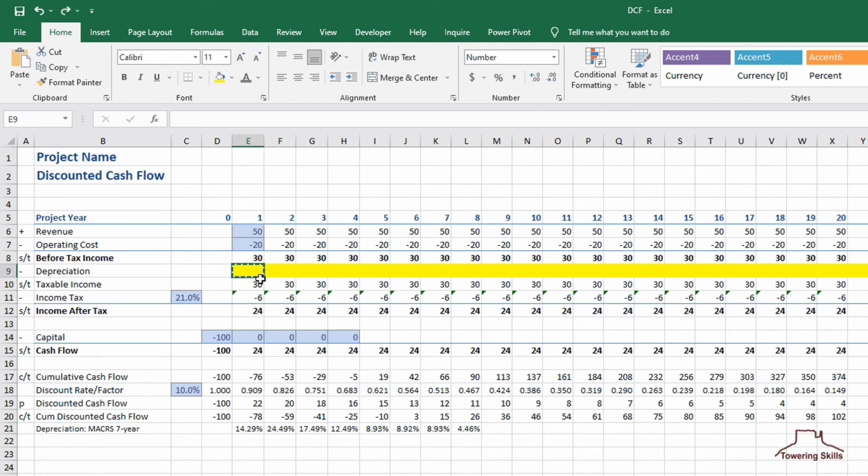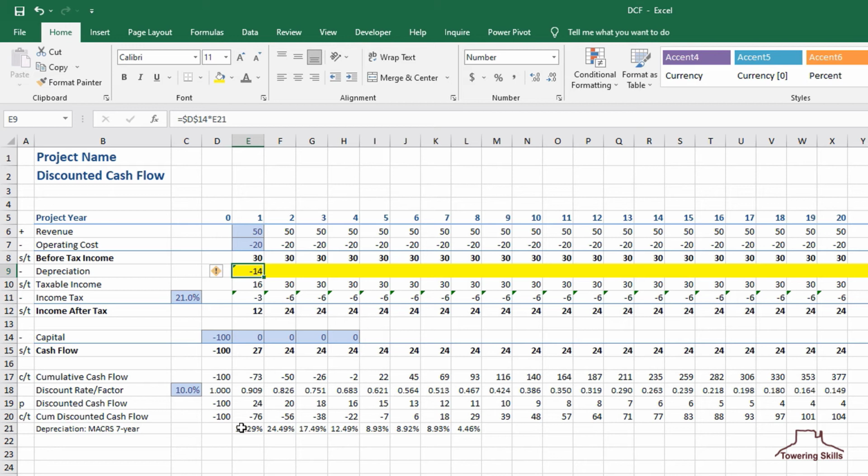In cell E9, we'll add the formula D14 absoluted times E21. This calculates the depreciation for the capital in time 0 for the first year of operation.